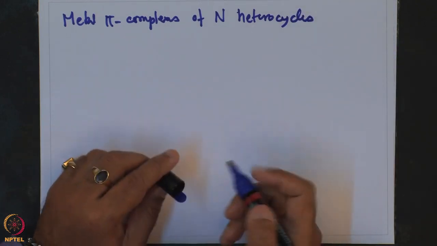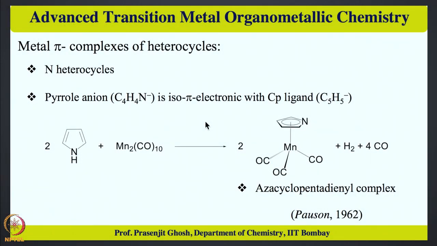So, these are prepared from pyrrole anion. In this case, the nitrogen based heterocycles, one has to remember that the pyrrole anion is isoelectronic with the Cp ligand. To remember,